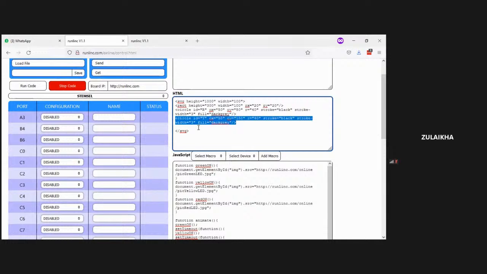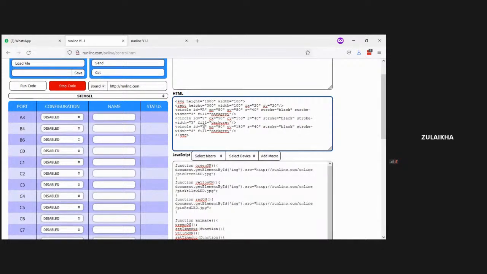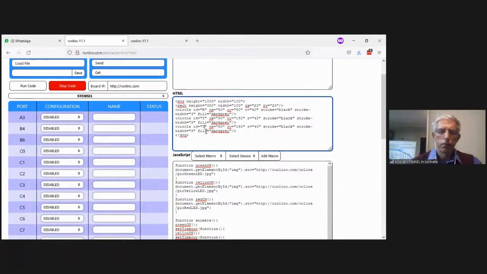Okay, and then we'll also put a green circle, and we will change the position of that one to 250 so that we have the original circle. We have another one which is down 100, and then another one which is further down 100, so that when we run the code,